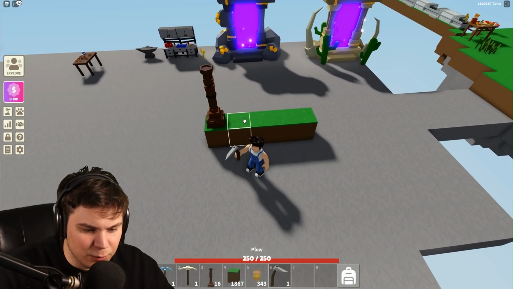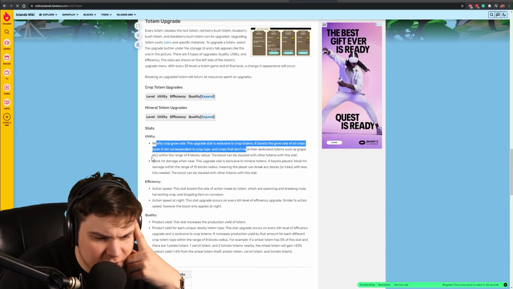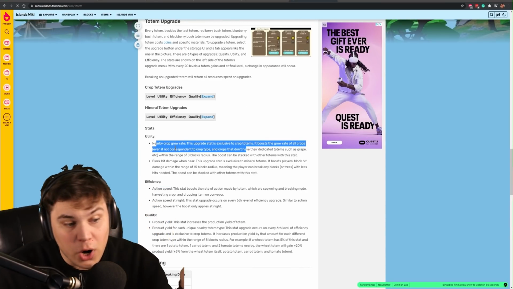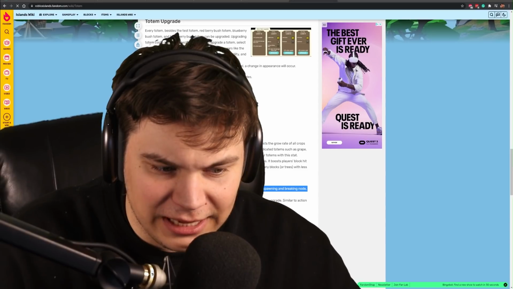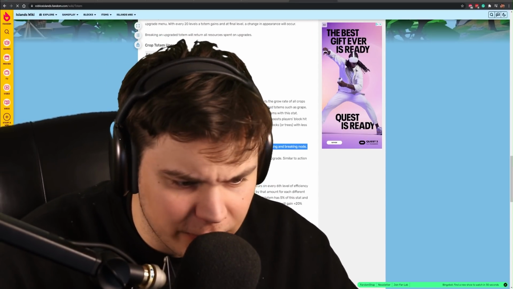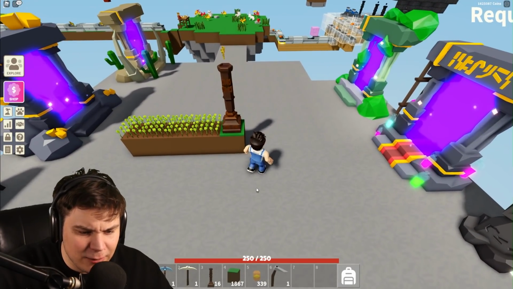That would actually work. Now, with the upgrades, can you actually make it so it harvests faster? Okay, so utility boosts the crop growth. Efficiency makes it go a lot faster. Oh, and quality will actually give you more items from a single totem. Oh my god. Okay, so this stuff is still a little bit confusing, but I think with that,